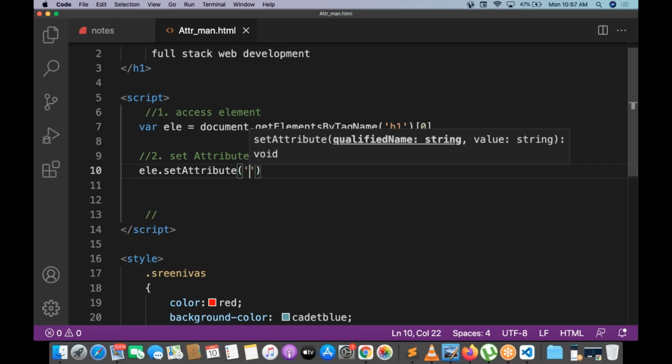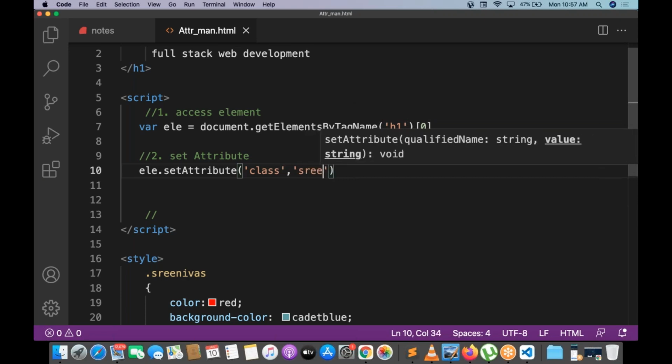The first parameter is the name of the attribute. Second parameter is the name of the class. What is the name of the class? Srinivas. Try to understand. Set attribute is a JavaScript method. For this JavaScript method, we have two parameters. First parameter is class. Second parameter is Srinivas.